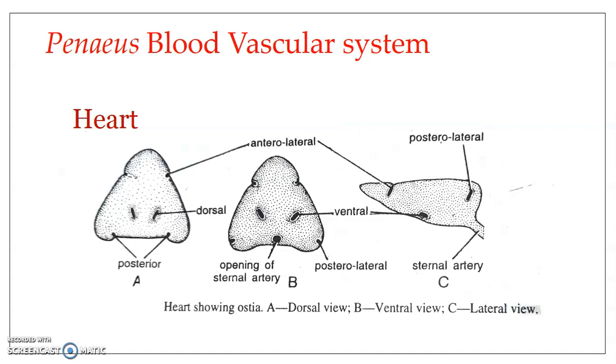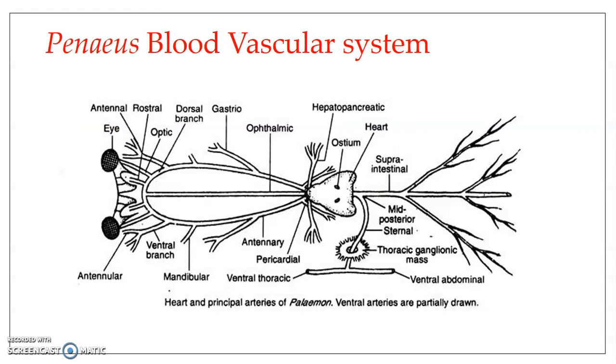Again, it is valvular in nature, so it will allow only one directional, unidirectional flow of blood. Okay, so this is about the heart. Now, when we speak about the circulatory system, this is how it is placed. The heart gives off many branches, like these towards the anterior and towards the posterior part. The anterior part, you can see, is a main major vessel, which arises from the anterior part of the heart, and this gives off branches,